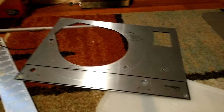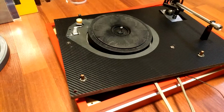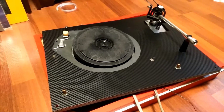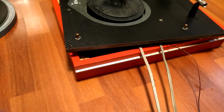I've taken the old plate off, and I'll probably sell that on eBay. It's still pretty good. And I've got the stainless steel cover that's made to measure. It was CNC cut, I believe. And I've got that now installed. And what I'm doing now...